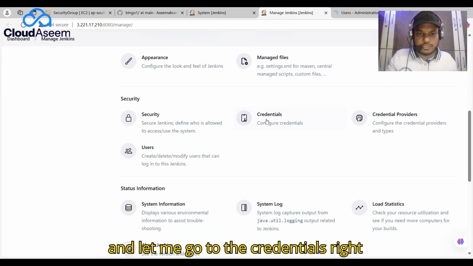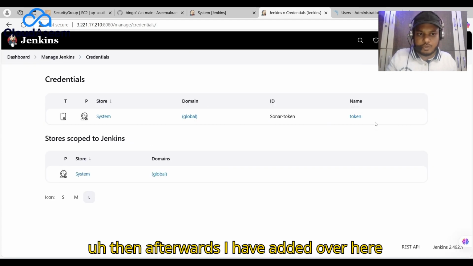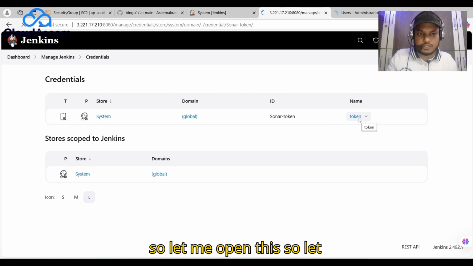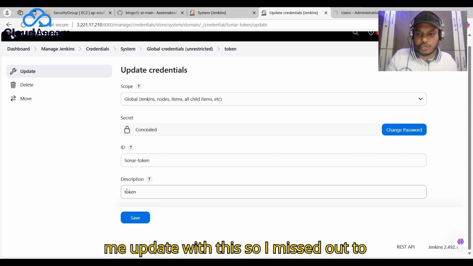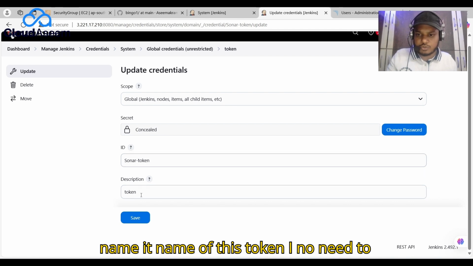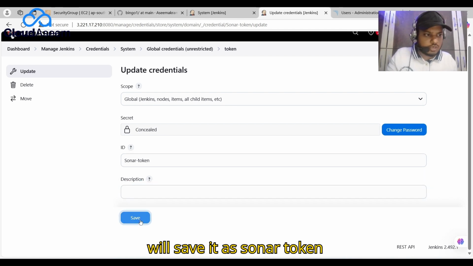And let me go to the credentials, right? Then afterwards, I have added over here. So let me open this. So let me update with this. So I missed out naming it as token. I need no description over here. So I will just save it as Sonar token,